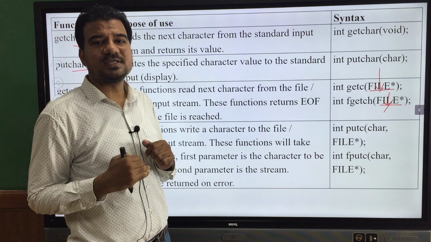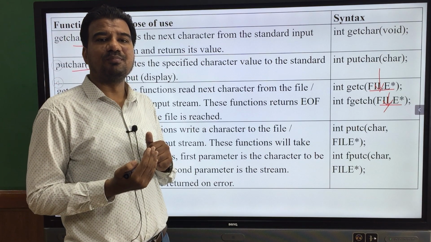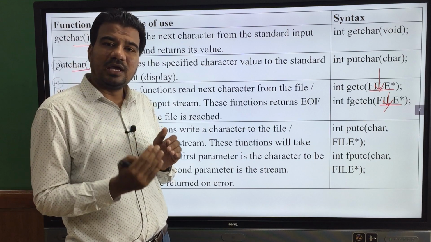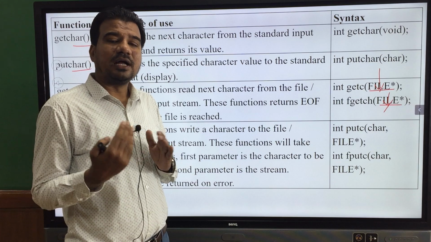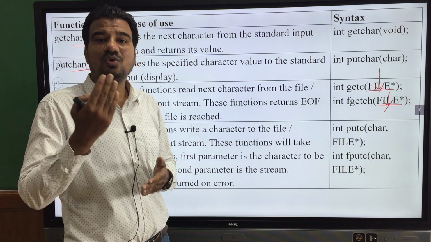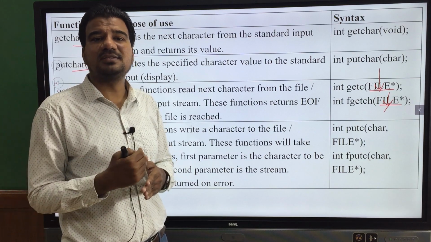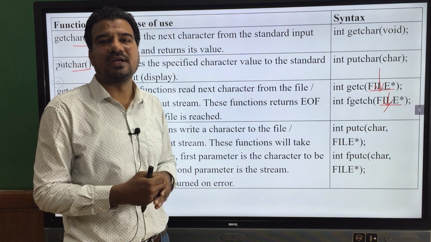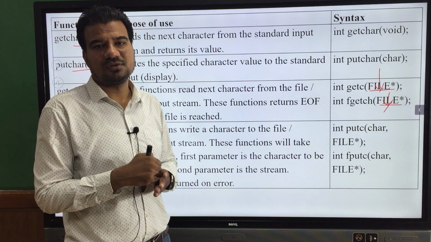If you are downloading something from the internet, that is getting data into your computer, which is input to your computer. So another means of input output is sockets. Not only standard input output devices and files, but also sockets are a means for input and output.